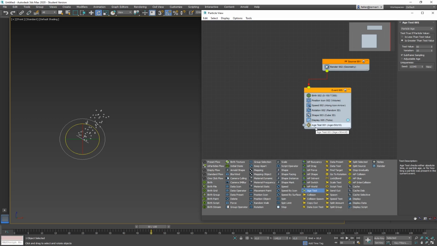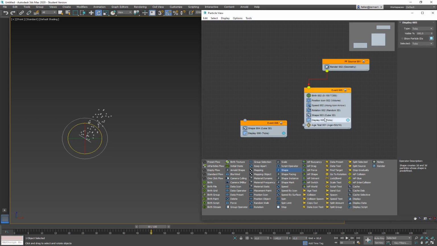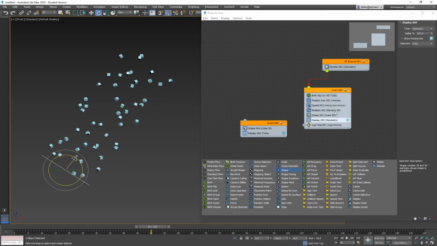a different shape. So I'm going to use my shape into an empty event. So before that, they are displayed here. Let me go to display and display them as geometry. Before that, here they are, blue and cubes. Where are the position, shape, cubes? Let's make the cubes a bit bigger.